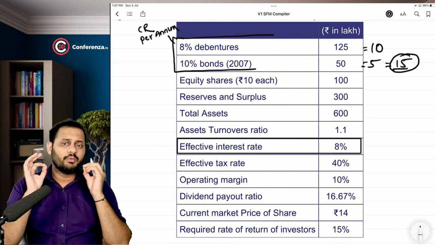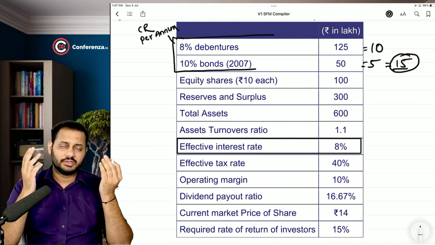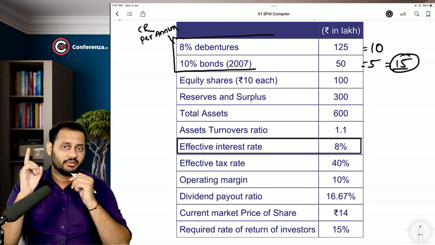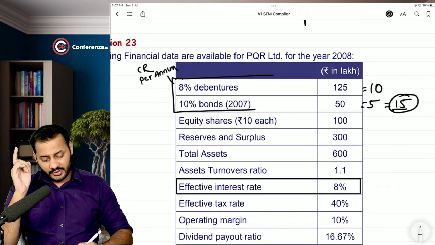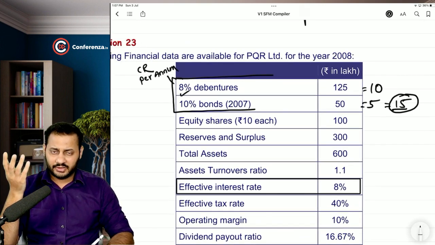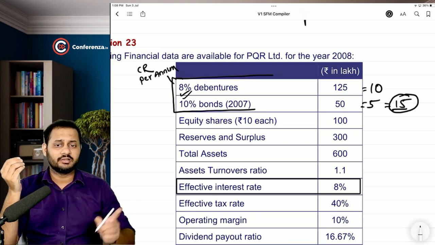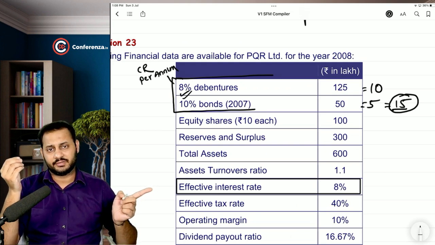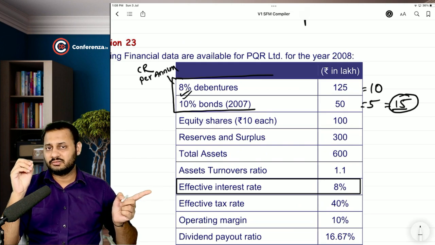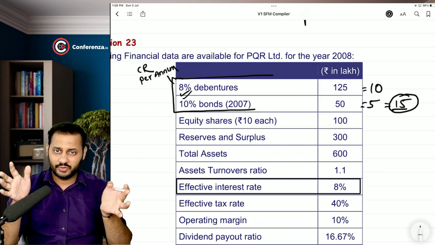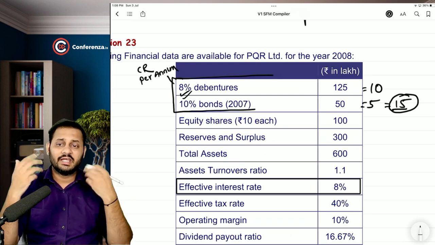If both the bonds, debenture and bonds, would have been raised on the first day of the year, then 8% would have been applicable for the entire year, and 10% interest would also have been payable for the entire year. There was no need for this interest rate. Since the date of raising the bonds or debenture is not given to us, what they have done in the